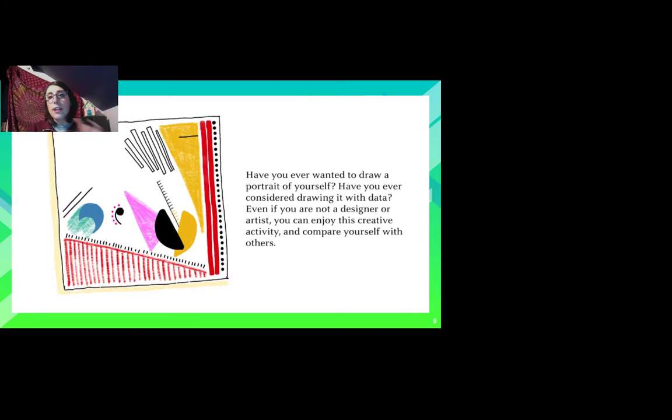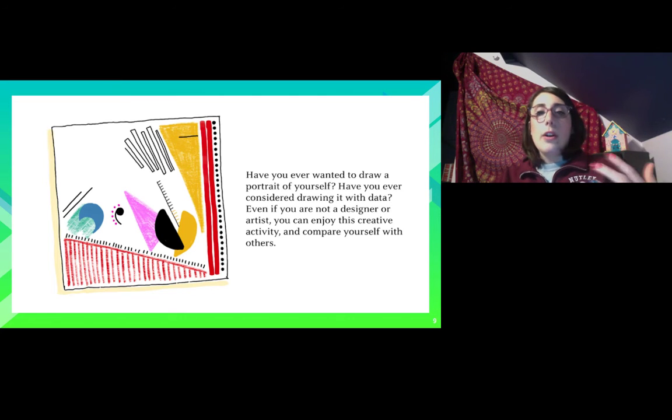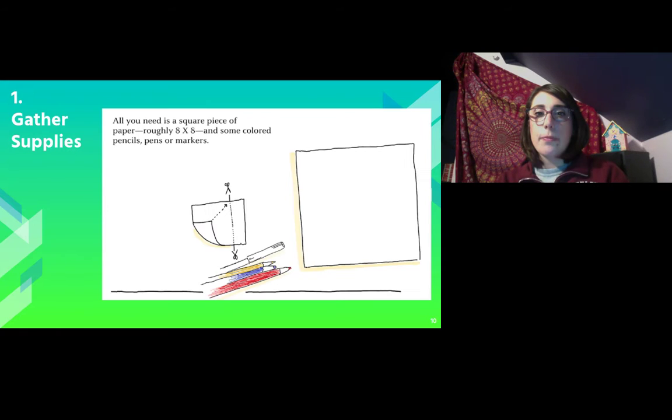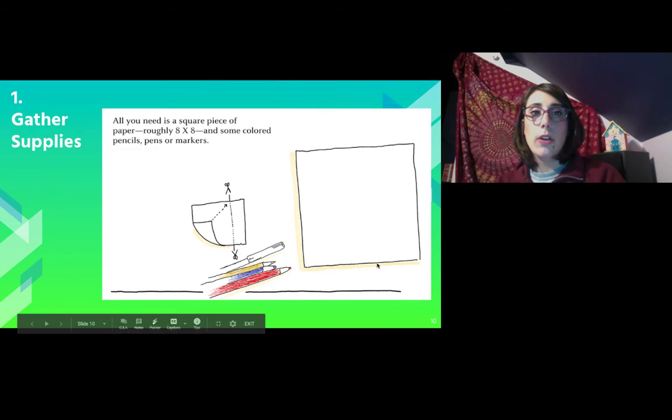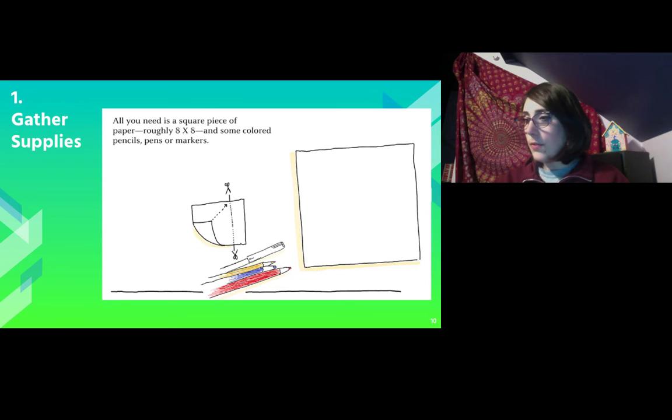So let's get started. So we are going to use these set items to include into our portrait. Okay, so what I'm going to do is I'm going to do this alongside as I'm explaining the slides. Okay, so first what we're going to do is grab a piece of paper, and if you don't have a square piece of paper,